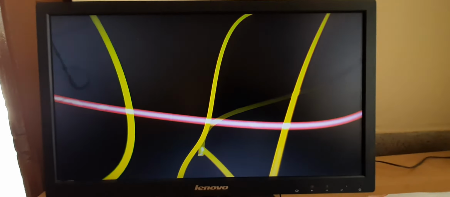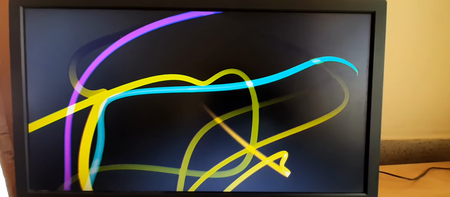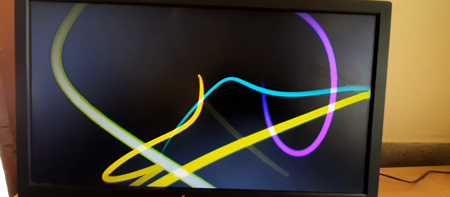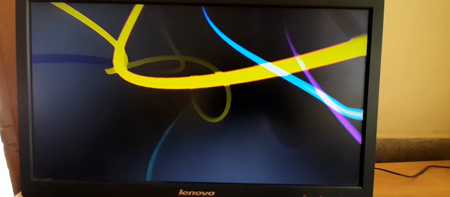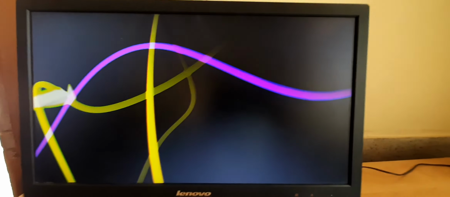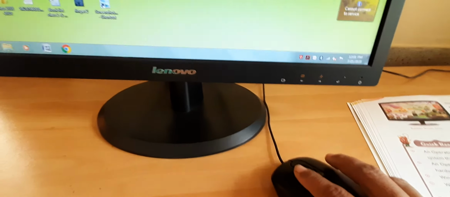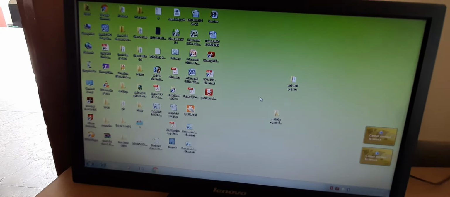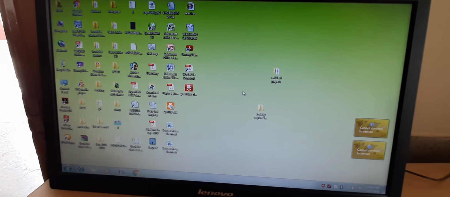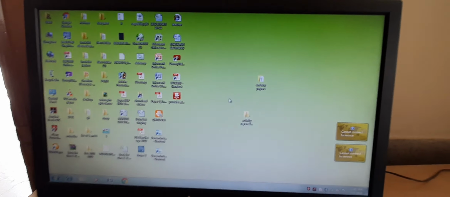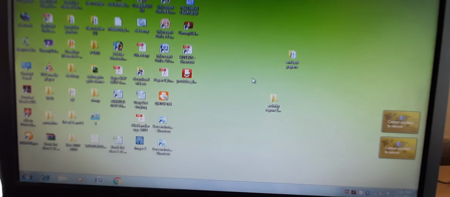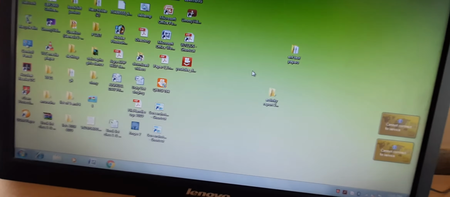Now can you see this screensaver? It is nice. Which screensaver is this? Ribbons. Why has it come? Because my computer was idle for 1 minute. I was not doing anything, and it will continue till I touch the mouse. I am touching it now, and the desktop has appeared again. So this was the function of the screensaver, how the screensaver is set